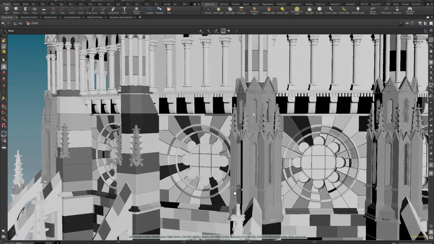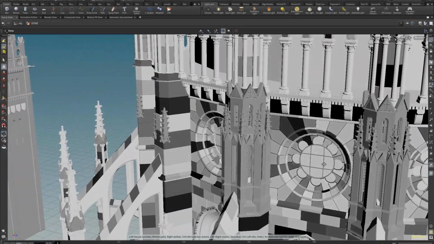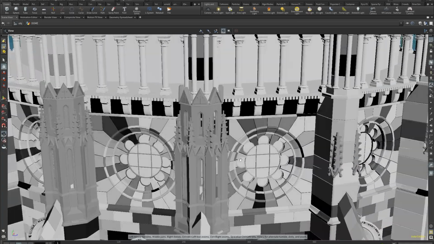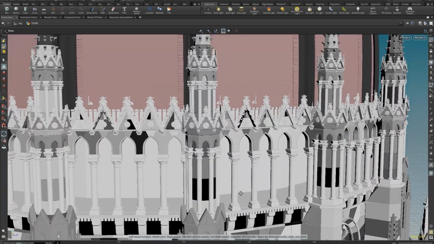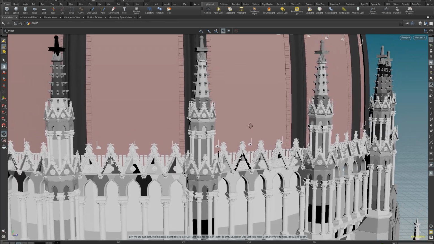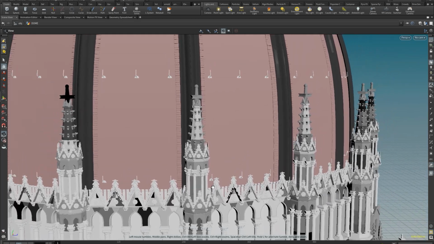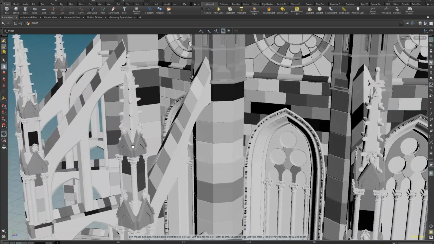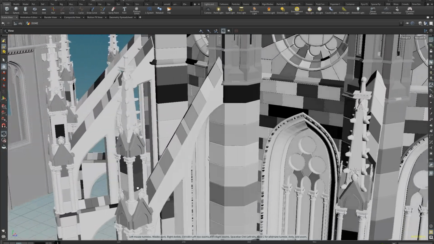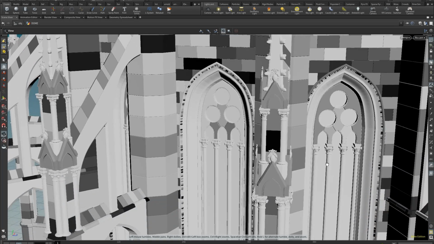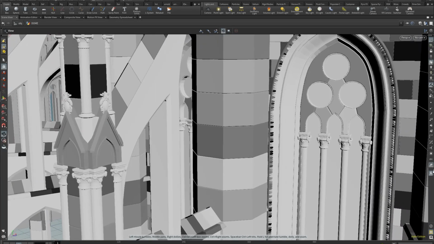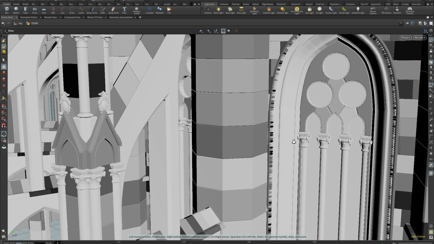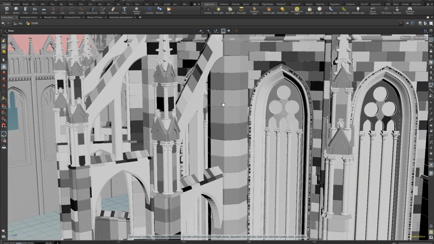Alright, Neo-Gothic architecture. It may sound like a daunting challenge, but once you start breaking down the different elements and patterns that are part of this style, you can start planning your approach. You know you're gonna have to deal with a lot of columns, fancy windows, triangular shapes, ornaments, a lot of elements like that are repeated on the model. At the granular level, it's not that complicated.